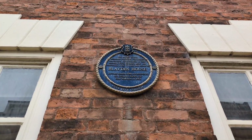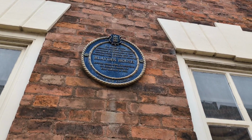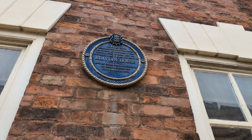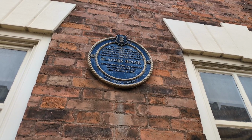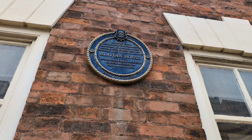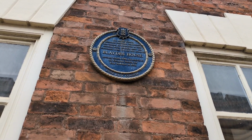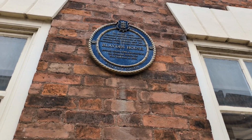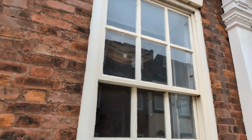Like for example, this is Blade's house. This is one of the shipbuilders' houses. The Blades family, prominent merchants, shipbuilders and citizens lived here close to their counting house ships. They had quays and warehouses. In the 17th and 18th centuries, Blade House, partially rebuilt in 1760, was restored by the Georgian Society for East Yorkshire in 1982. So yeah, this is...